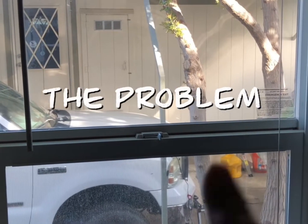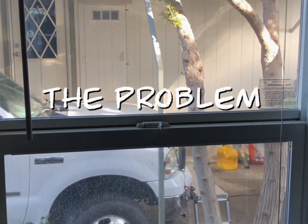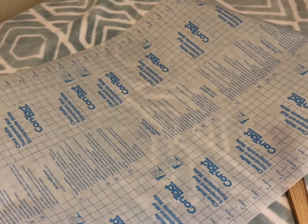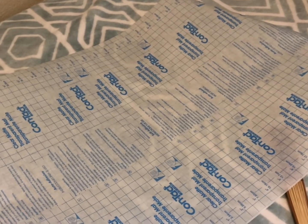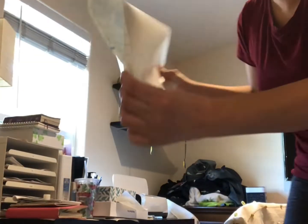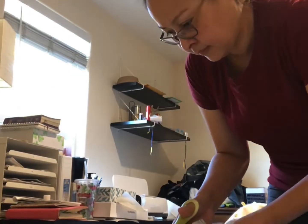My window looks right into the neighbor's garage. So I have some contact paper, and this is what we're gonna use to block the view. I already tried a little bit and it seems to be doing the job, right? So let's get started. I measured the width of the window and then cut the contact paper to that